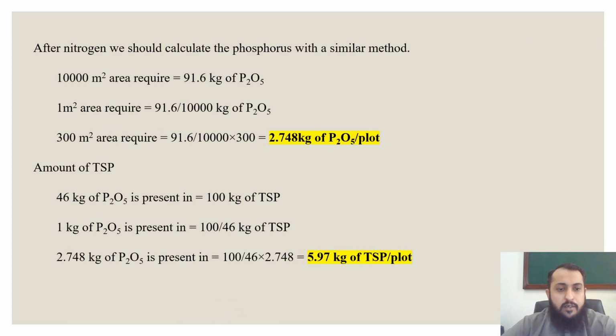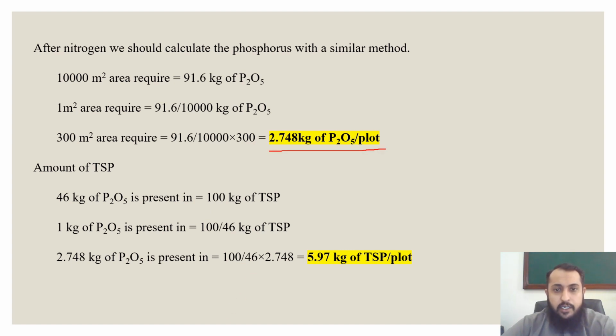Now after nitrogen, we should calculate the phosphorus with a similar method. First we calculate the required amount of P2O5 for our plot, and then we calculate the amount of triple superphosphate or any other concerned fertilizer. So 10,000 square meter area requires 91.6 kilogram of P2O5, 1 square meter area requires 91.6 divided by 10,000, and 300 square meter area requires 91.6 divided by 10,000 multiplied by 300, and it is equal to 2.748 kilogram